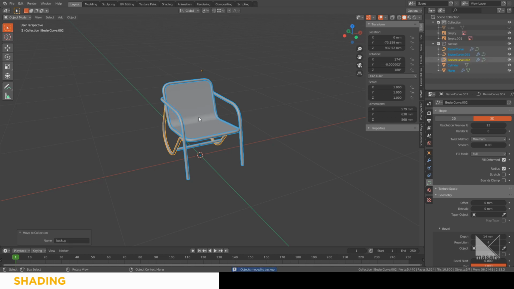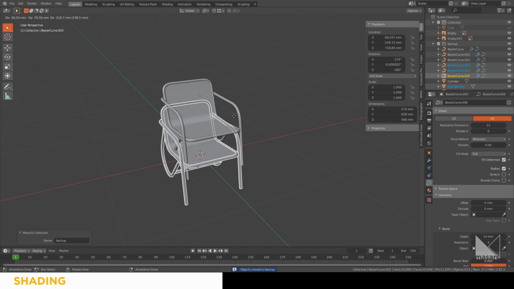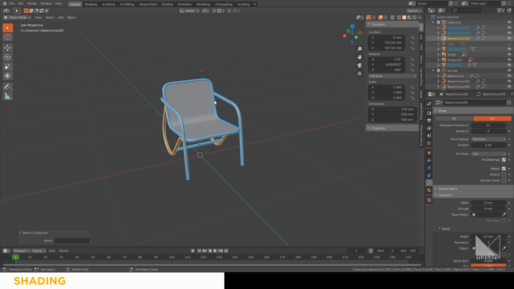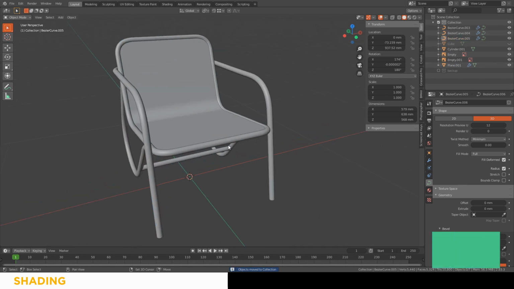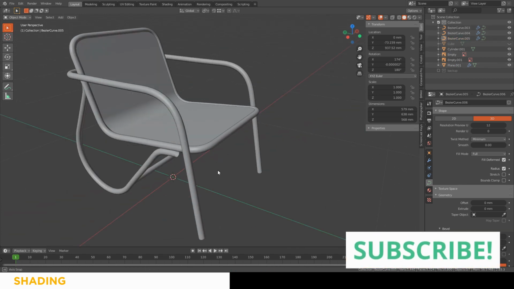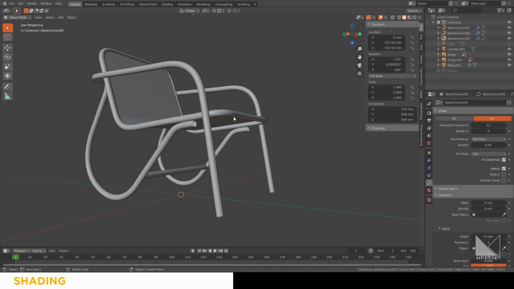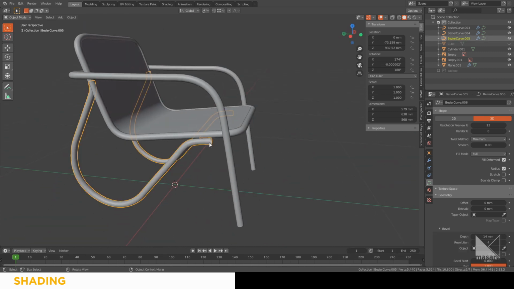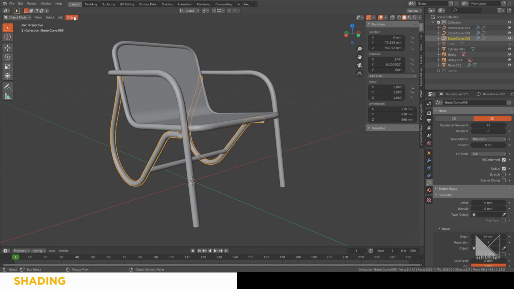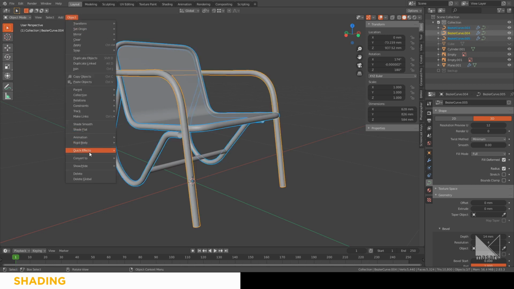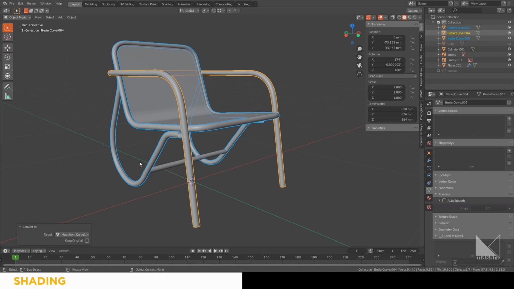Okay, and then duplicate this one, Shift D, and move it to the collection, and hide the backup one. This is a backup of the geometry. Okay, the last thing is we're gonna choose all the curves here, and Object, Convert to mesh,